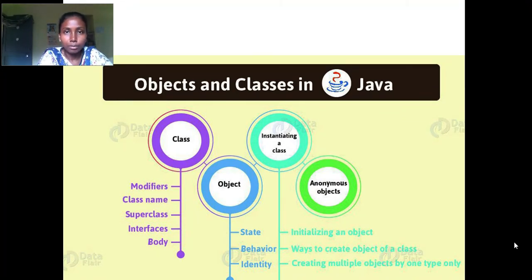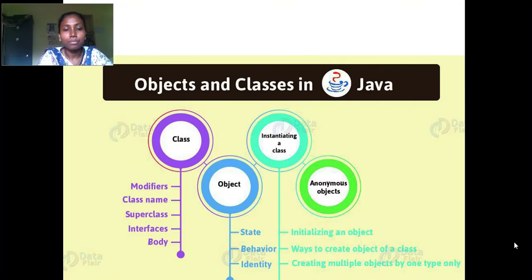Then, talking about the super class, it is the concept which is used in inheritance. In inheritance you use a keyword, that is extends. Suppose Rose extends from which class? Flower class. The name of the parent class, if any, is preceded by the keyword extends, and a class can only extend one parent. So this Rose class extends the Flower class. Here Flower is the parent class and Rose is a subclass.